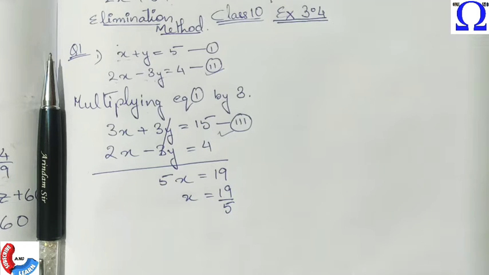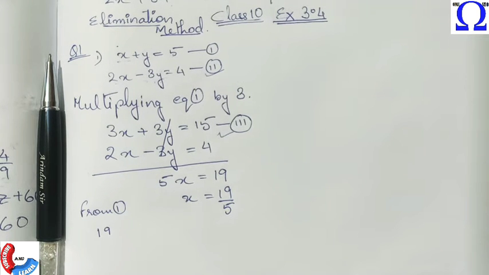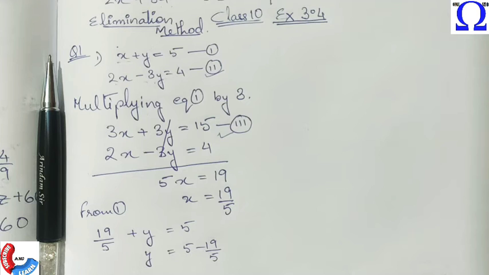Okay, so now we will do the substitution part here. We will substitute the value of x in any of the above equations. I am taking the first equation and I'll find the value of y like this. Now the answer will be 6 by 5. I hope you have got the concept behind this. Let me do one more for you.